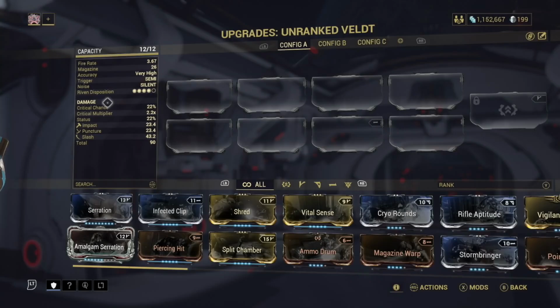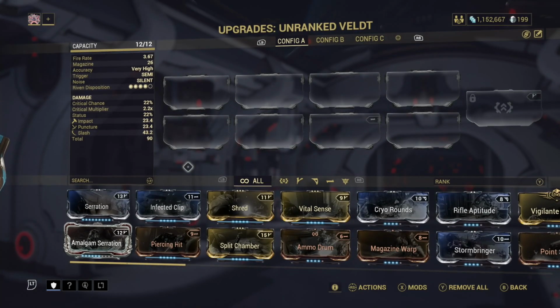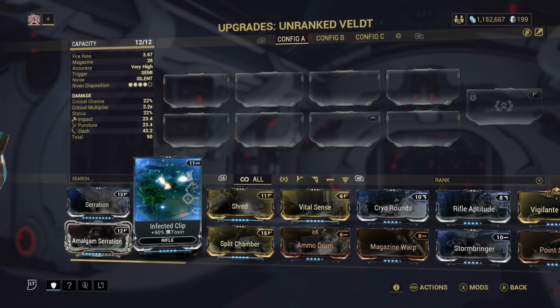The Velt I have not modded either. It is a semi-automatic, 26 in the mag. The fire rate's not slow. It does say that it's silent, so it seems like her thing is maybe stealth, looking at her passive. This doesn't have high crit. It doesn't have high status. So why don't we start with